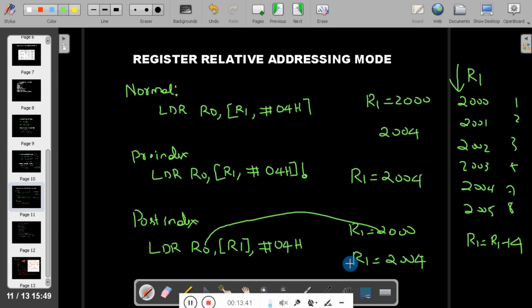That means now your array pointer is pointing to 2004. So both utilities, the normal instruction and the increment, are built into a single instruction. That is the advantage of this method. So there are the normal version, pre-index version and post index version.